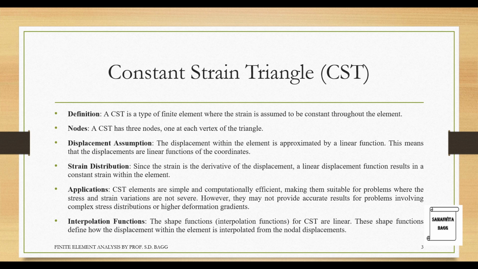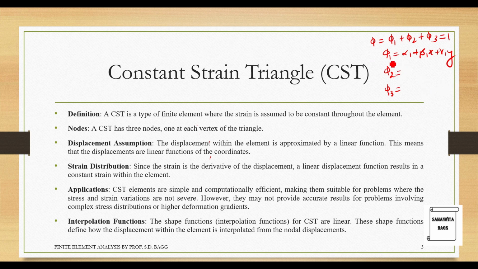So if you recollect, we have written the shape function phi for a CST element at each node. Phi1 was alpha 1 plus beta 1x plus gamma 1y. Similarly, we wrote for phi2 and phi3. And at the end, we say that phi is equal to phi1 plus phi2 plus phi3. The summation should be equal to 1. So this is very important.